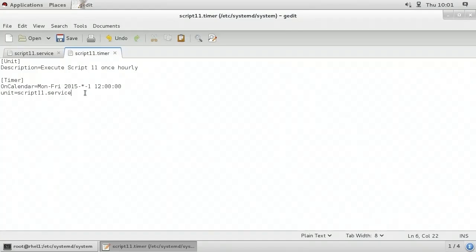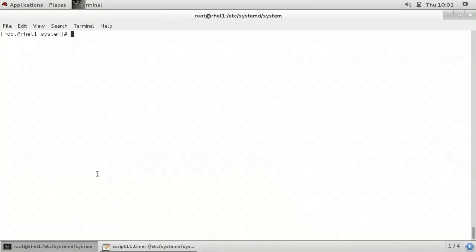With systemd, we have much more flexibility in terms of specifying the recurring schedule with years or even milliseconds or seconds, because remember, cron can only get as granular as running something every minute. So at this point, once I've got my .service and .timer file, it's time to enable and start them. Now with the command line, I need to enable and start the service based on the settings in the service file. To do that, I'll type in systemctl enable, and my service file in this case is called